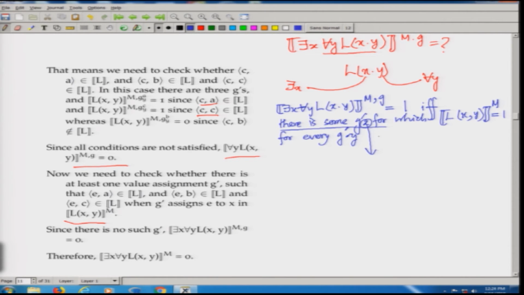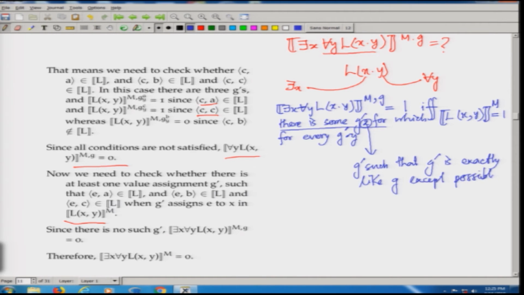Here we could have written some g prime, as we have seen in rule 9, such that g prime is exactly like g,